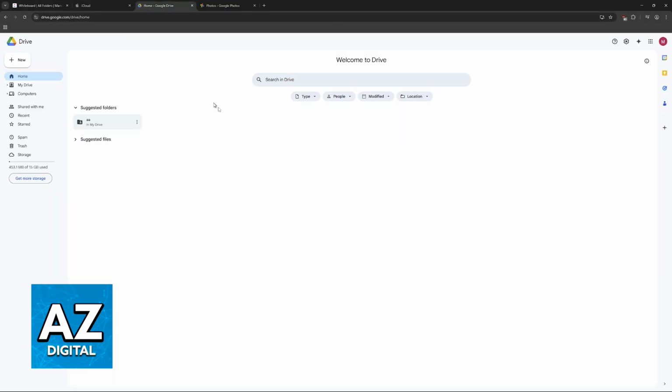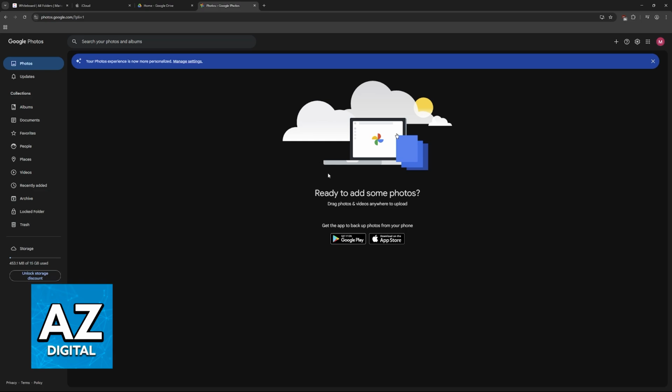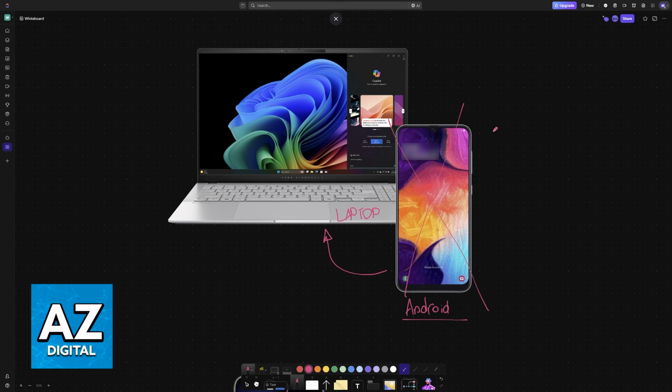Another option would be to go into Google Drive or Google Photos. Sometimes backups will be made automatically for you, so you can access it on a computer or on the new device that you have to replace your old Android phone and see if it is still available when you go inside of Google Drive or Google Photos. If it isn't and you never did a backup beforehand, then sadly there isn't much that you can do. You will most likely have to take it to a professional to see if any data can be salvaged, depending on how damaged it is, because if it isn't available for you to connect into a computer and there's no backup, it's really hard to do it yourself.